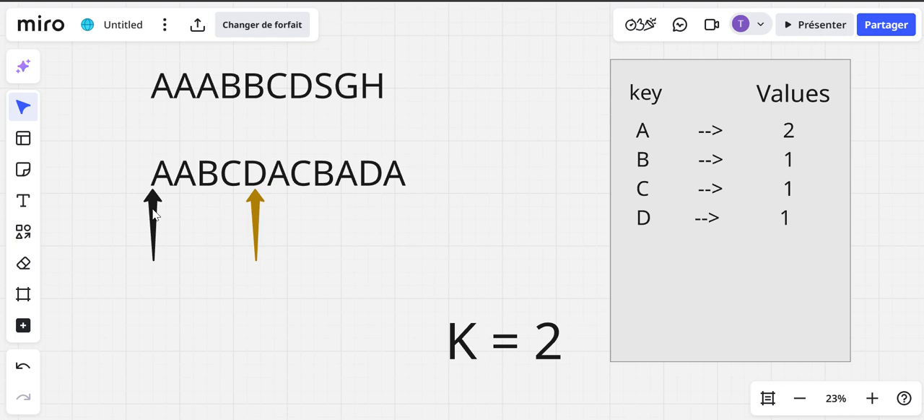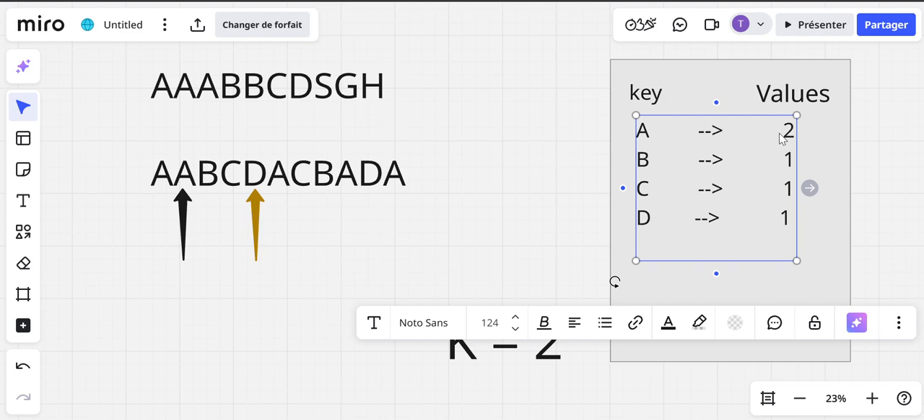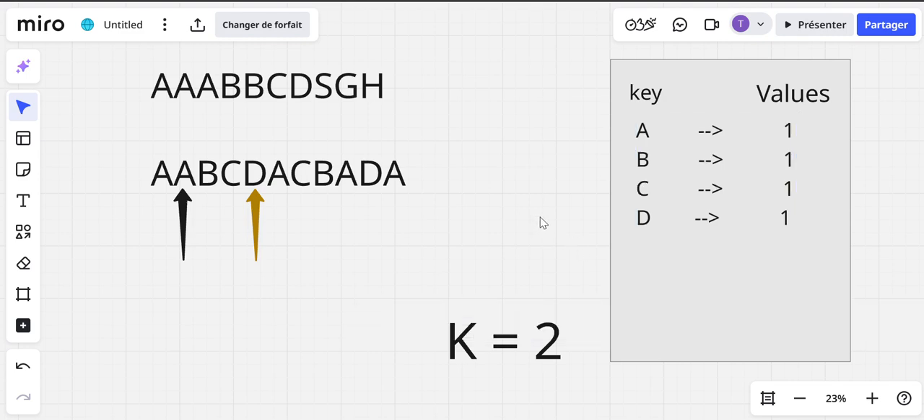We are going to take our left index and move it by 1 to the right. We're going to decrement the value of A by 1. Okay. And notice that at this point, we don't even need to update the value of the most frequent element because